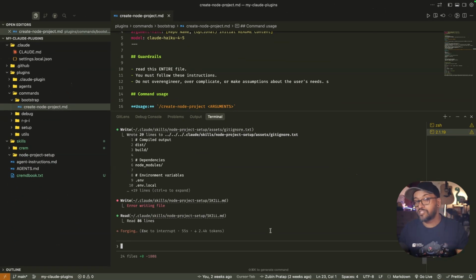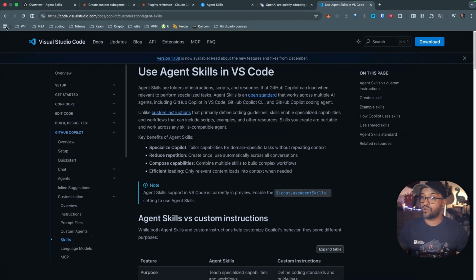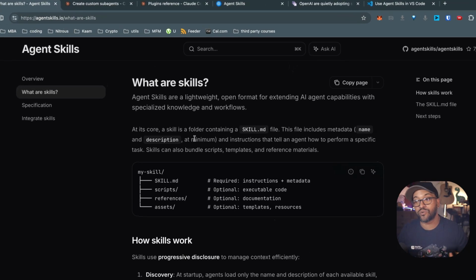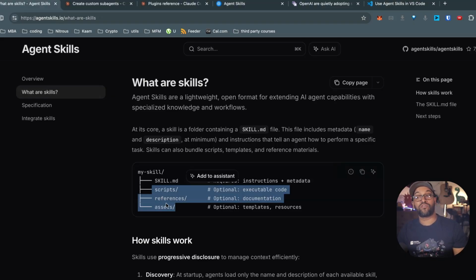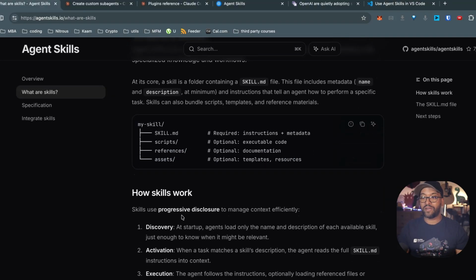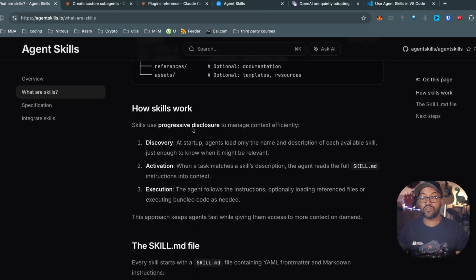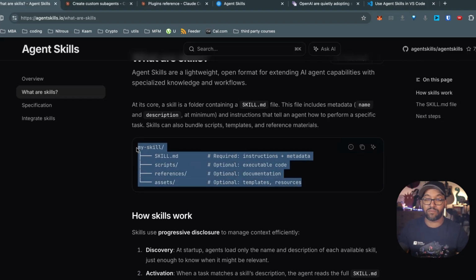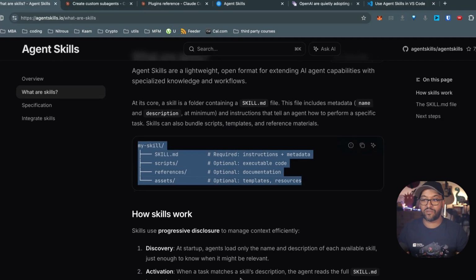But in the meanwhile, let's talk about what the directory structure is. So agent skills have a specific structure. Any directory that has an all-capitalized skill.md file becomes a skill that can then be installed into one of your systems. It's just literally a folder with one or more skill.md files and potentially zero or more of these directories. So scripts, references, and assets are directories that are all optional, right? And how it works is there's progressive disclosure, which is another way I think of it as progressive discovery, which means the LLM doesn't load all the stuff up and fill its context up. It only loads what's necessary as and when it needs it.